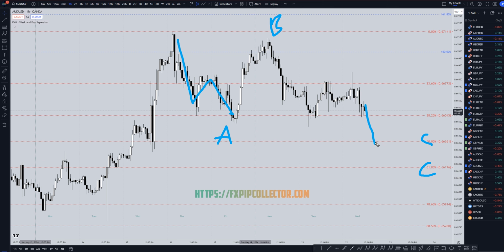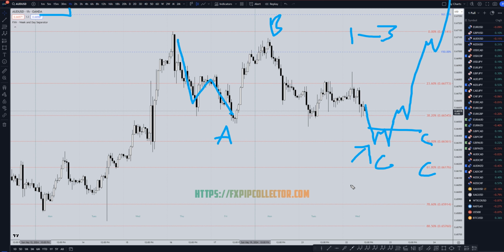If it does go down to one of those fib levels, make a double bottom, which is a 3, 4, 5 shape in Elliott wave terms, make a break of structure, then that's what's going to tell me the wave C is over, and that's going to be my entry to go long for the continuation of what I think is still a wave 1 of wave 3 on the much higher time frames. So depending on what time frames you trade, you could be still looking for shorts if you're trading below the 1 hour. If you're trading above the 1 hour, then you're probably patiently waiting for the end of this correction to go long for the continuation of the uptrend.